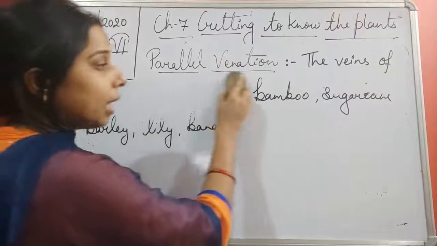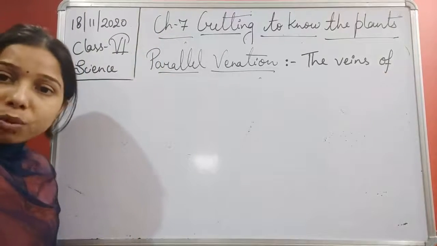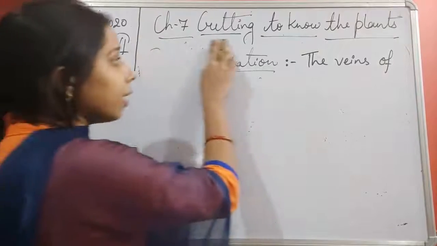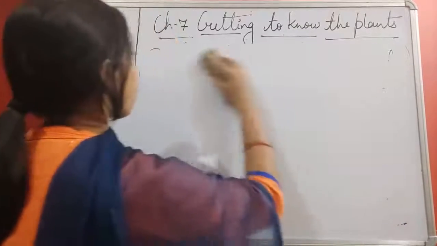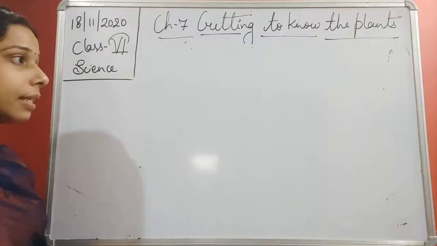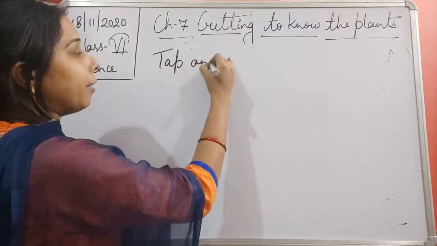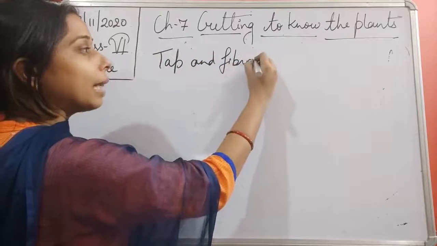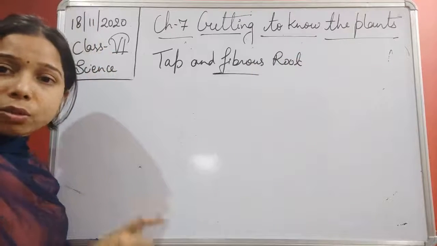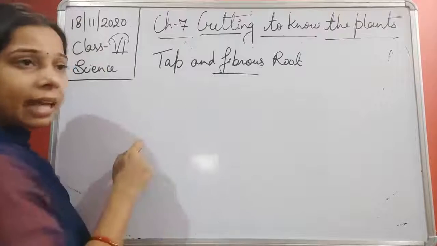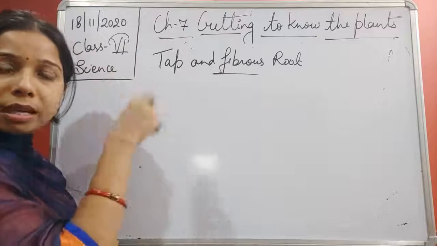Now you see, students, we had discussed two things. Already we had discussed the different types of root, on the basis of their structure. When we were talking about a root, we discussed that basically the root is of two types, that is tap and fibrous root. They differ from each other on the basis of their structure. In case of a tap root, there is the main root, and from that main root, small lateral roots come out.